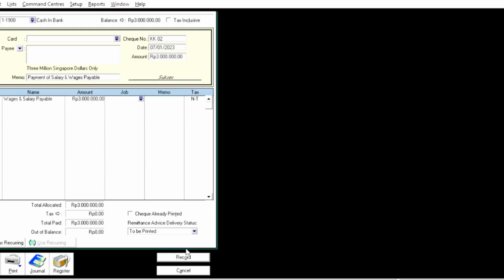Make sure that the total allocated at the bottom matches the payment amount, which is 3 million rupiah, and that the out of balance shows 0, indicating that the entry is correct and ready to be saved. If all the information is complete, click the Record button, and the salary and wage payable payment transaction will be successfully recorded.